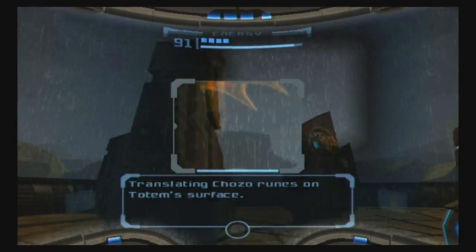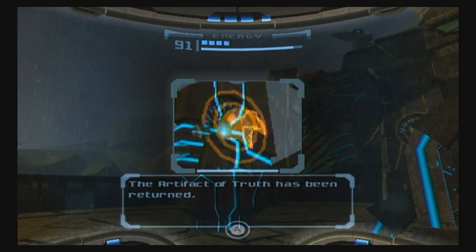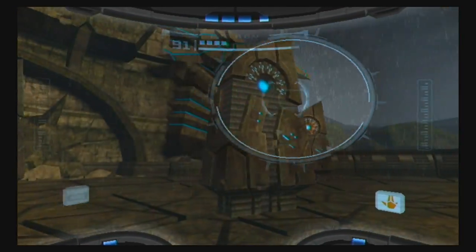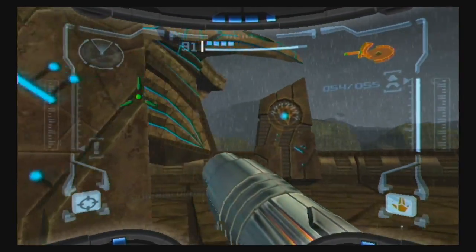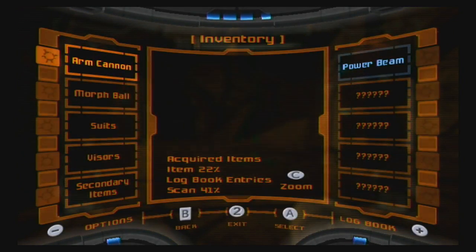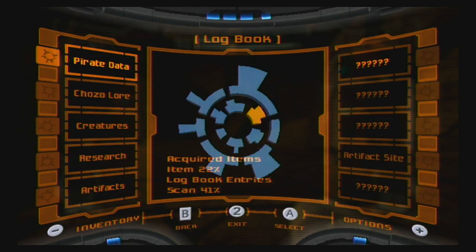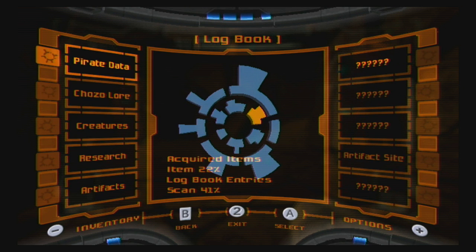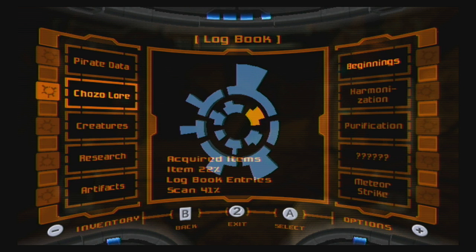Yep, that appears to be it for the ones on the outside ring. Already gotten that one. Okay, so that should be it for our business here. I'm going to go into the logbook here. So we have not seen what the logbook looks like, but here is the lore for the pirates and the